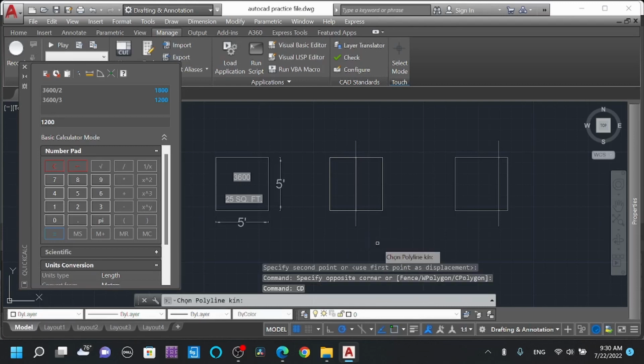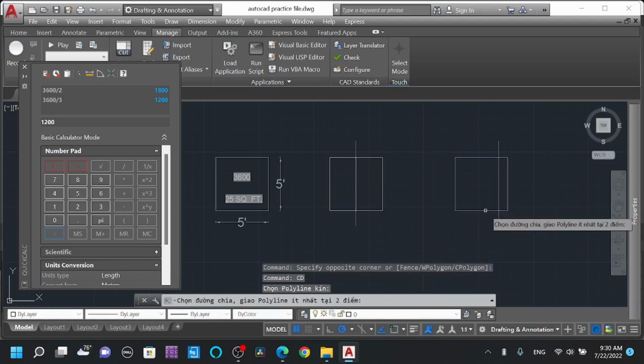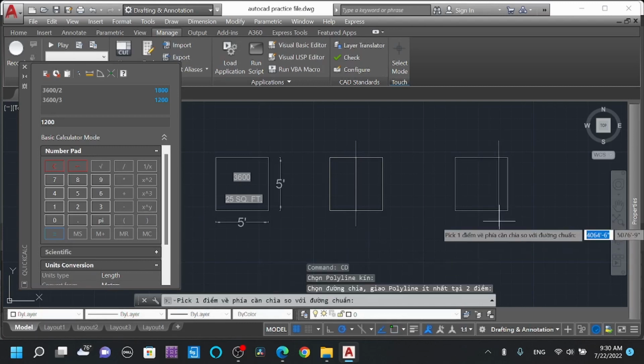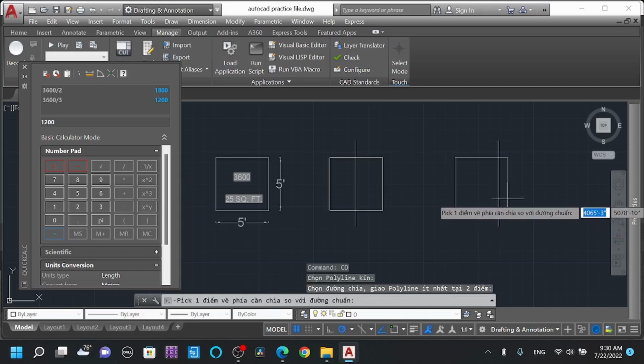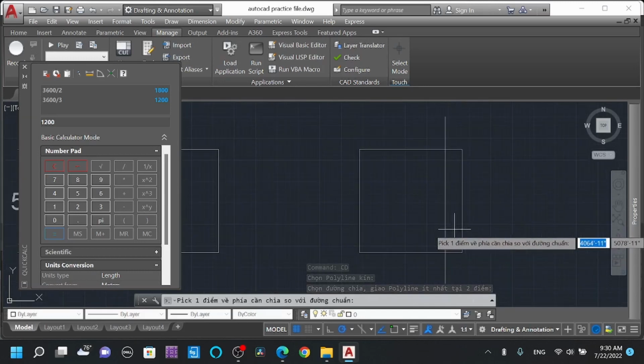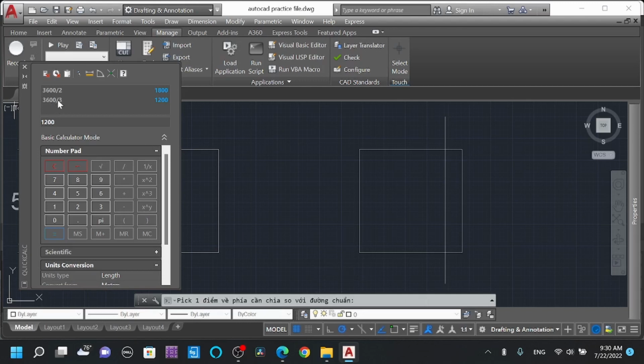Using the polyline, this is our polyline. Then select the lines for splitting the areas. Now picking the points where I want this area. I'm going to split this rectangle into three equal parts, so